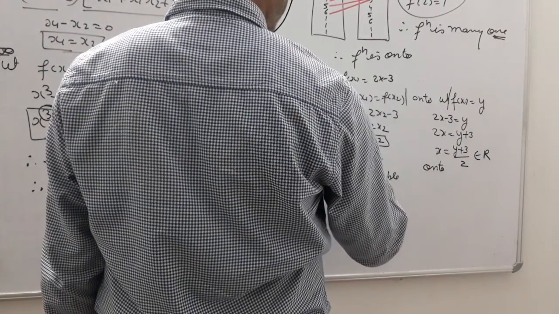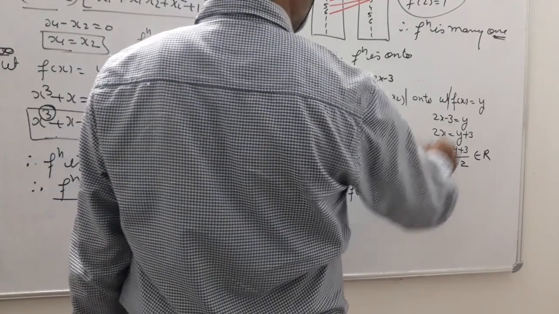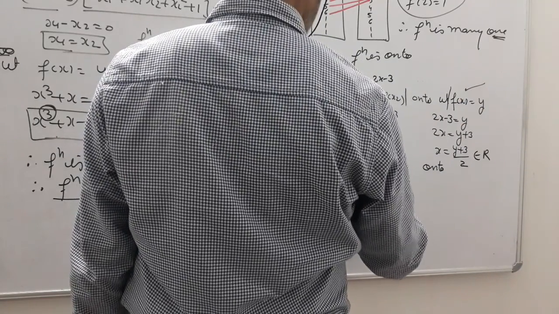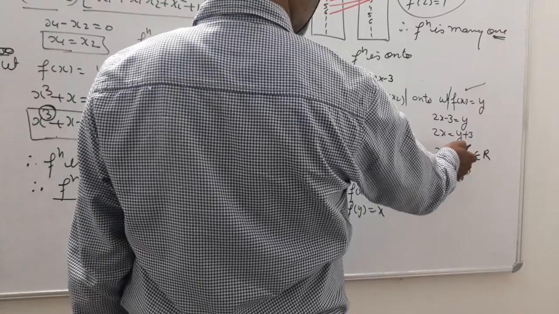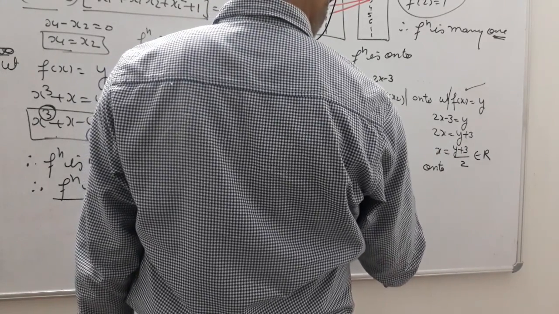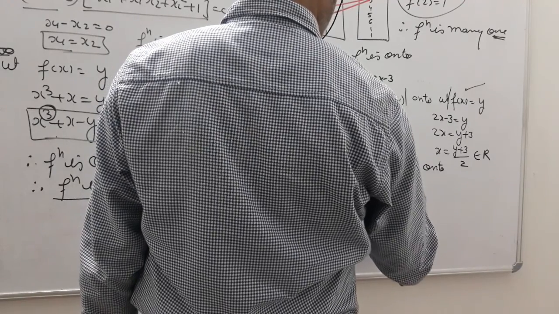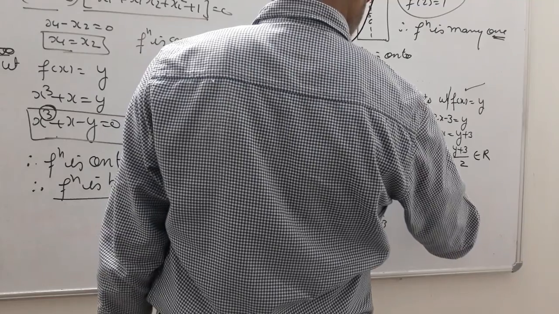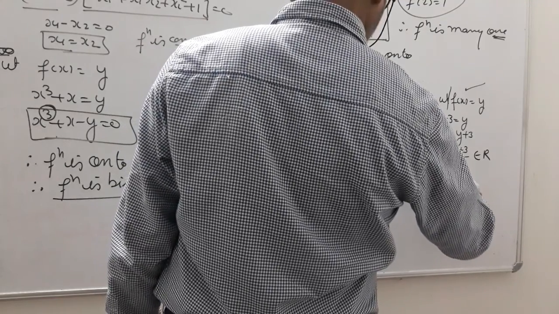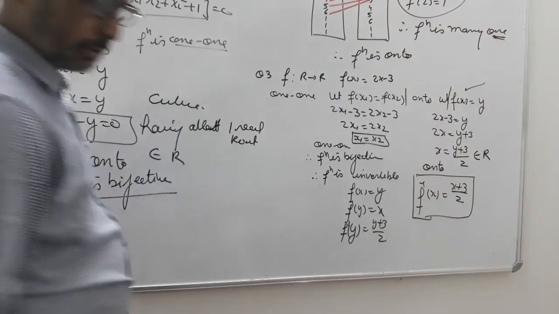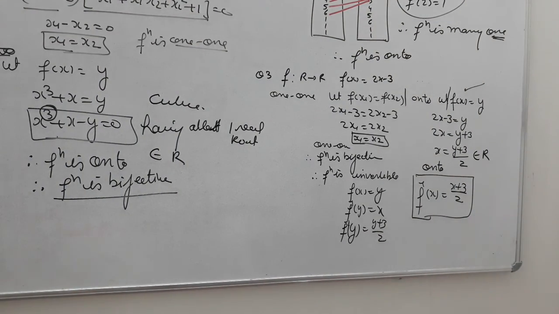So how can we find the inverse? We know that f(x) equals y, then f inverse of y equals x. x की वैल्यू क्या है बच्चे, ये ली. So f inverse y equals y plus 3 upon 2. So what about f inverse x? y is replaced by x, x plus 3 upon 2. This is the inverse of this function.